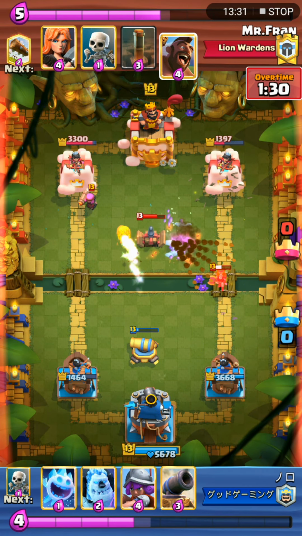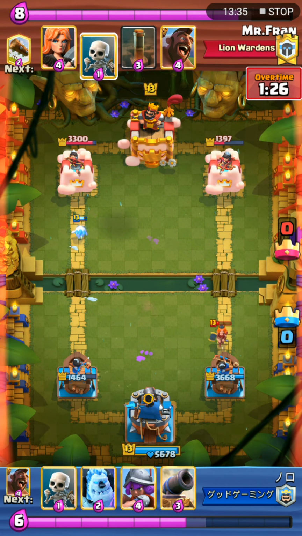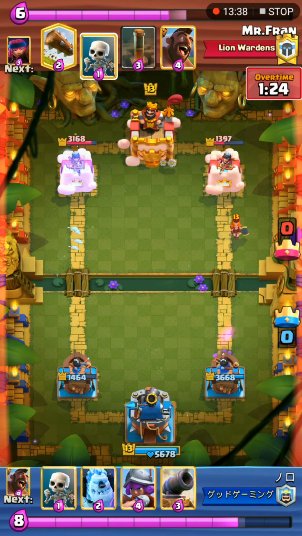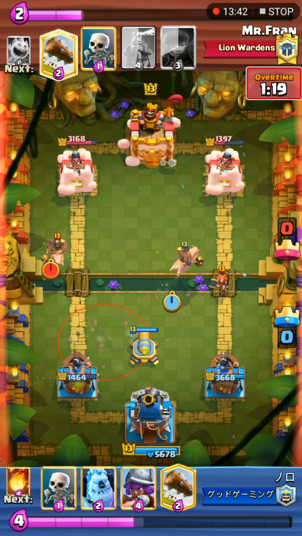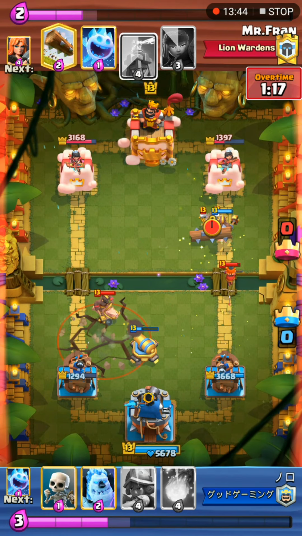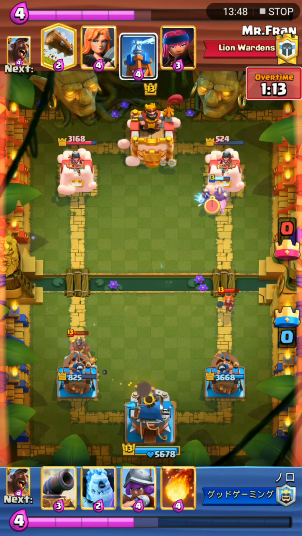so Mr. Friend actually cycles quite quick with his deck. Both players are using a cycle deck, so yeah, that's and a Valkyrie cycle by Mr. Friend, and a Hawk to pull the Valkyrie back, as well as a Log for the Skeletons. So both Hawks are connecting onto the tower, and